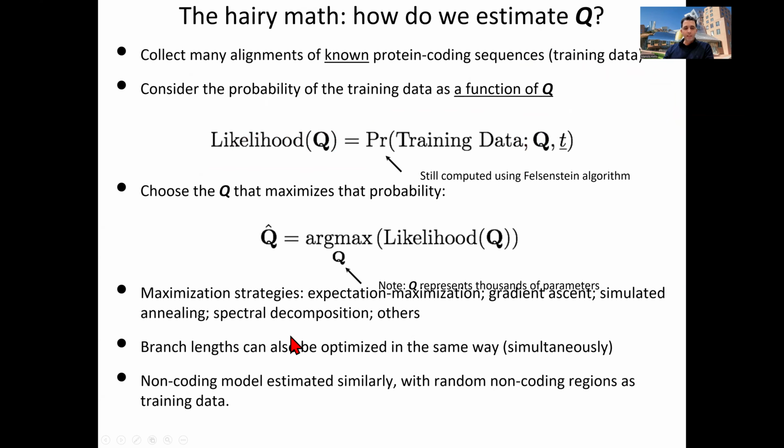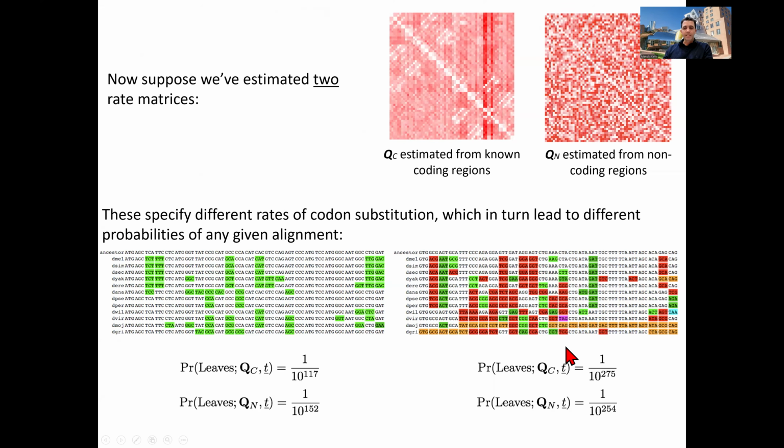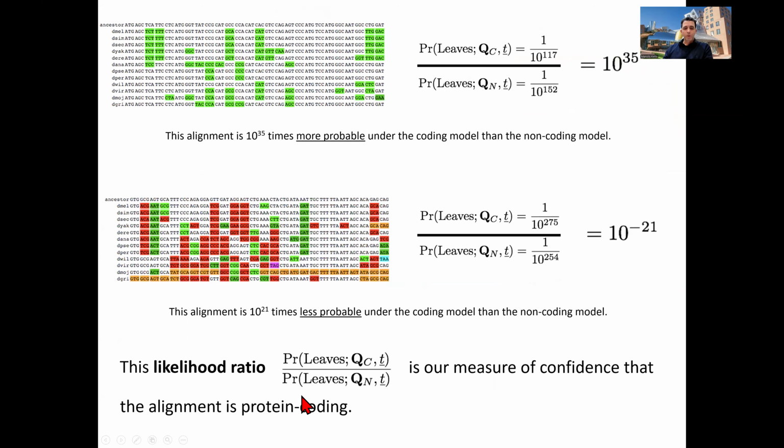And for that, I have a likelihood ratio between these two that tells me this region is 10 followed by 35 zeros more likely under a coding model than under a non-coding model. And this one is 10 followed by 20 zeros more likely to be non-coding than protein coding, because